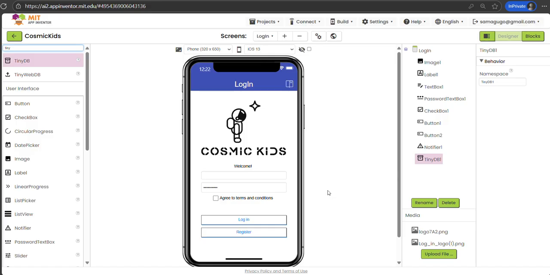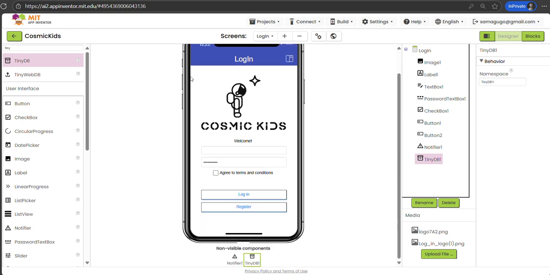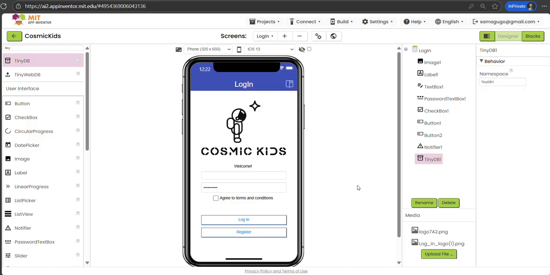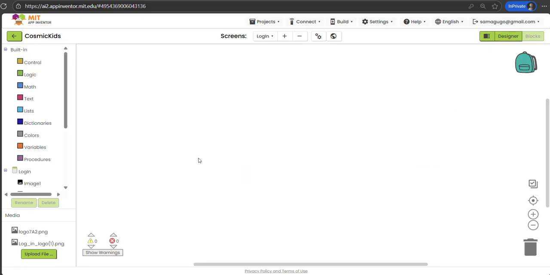So the information will be stored locally in the smartphone, in the device, not on the cloud. So these are the two elements or components that we need to add. As you can see, you don't see them actually in the screen. They are non-visible components. Once this is completed, we are going to go ahead to the blocks part and we're going to start programming